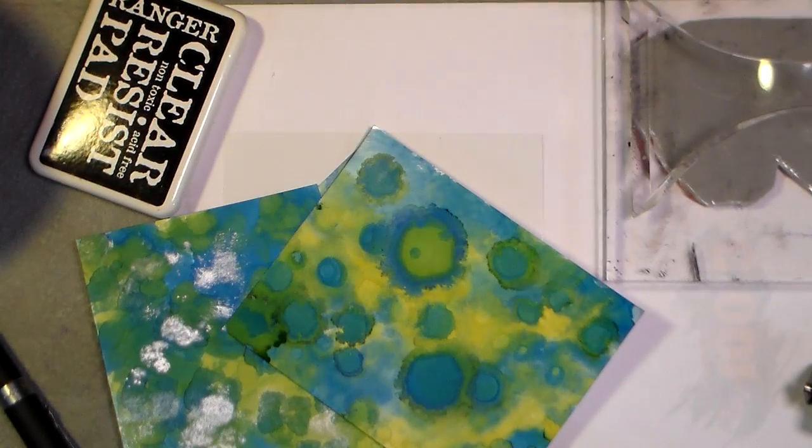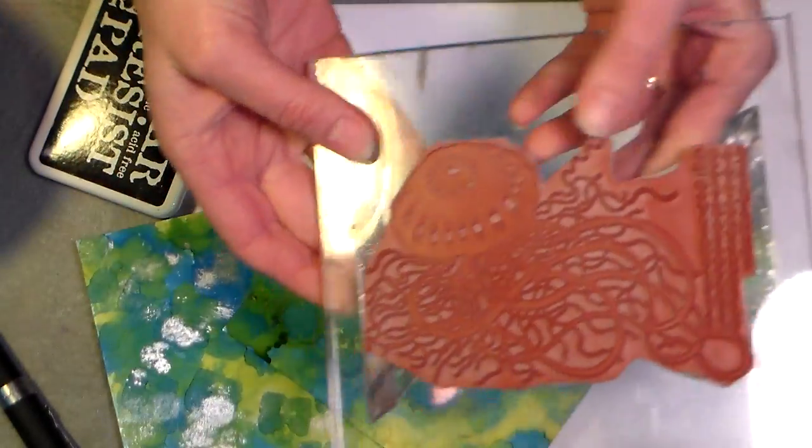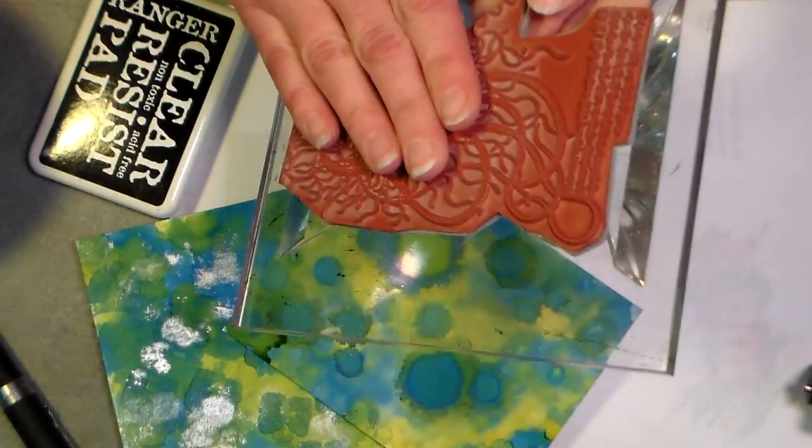We're going to do some playing with ink today, and the reason I want to play with ink is I have this gorgeous rubber stamp of a jellyfish from About Art Accents, and I'll be actually giving the stamp away